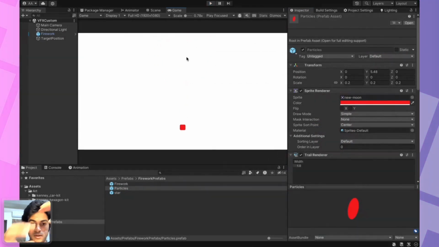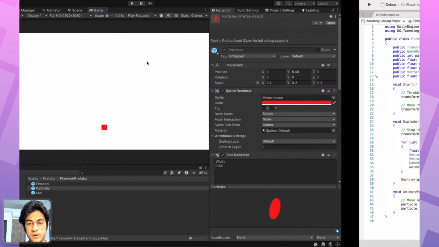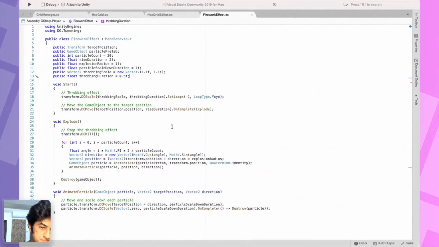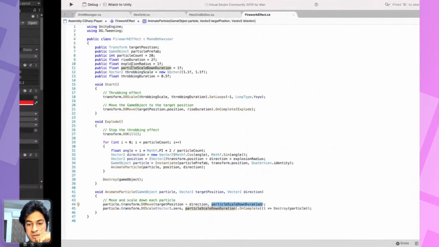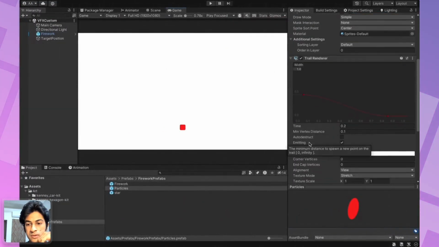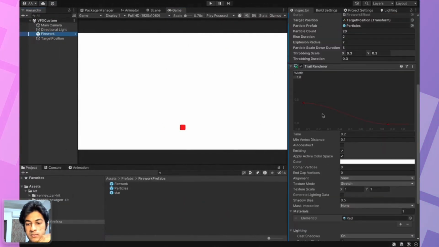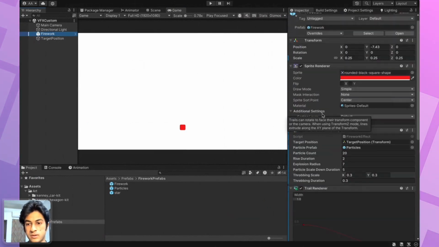We need to increase the speed so they move out fairly quickly. For this, we can modify this value, particle scale down duration. So if we just reduce this value, we'll have something that moves out in a quicker fashion.